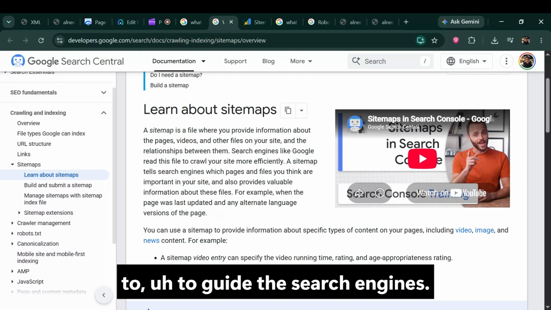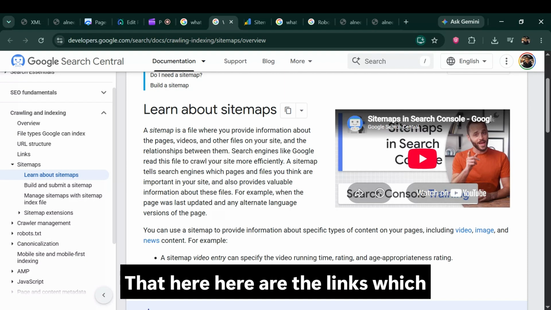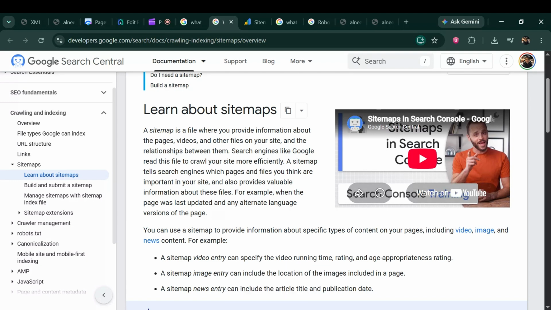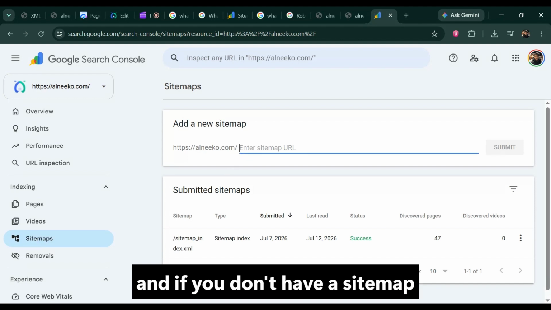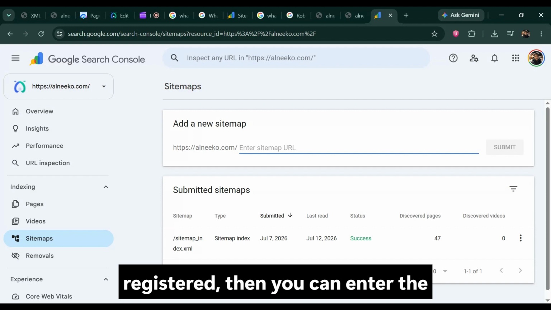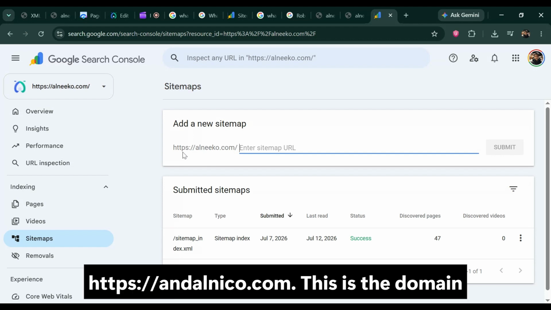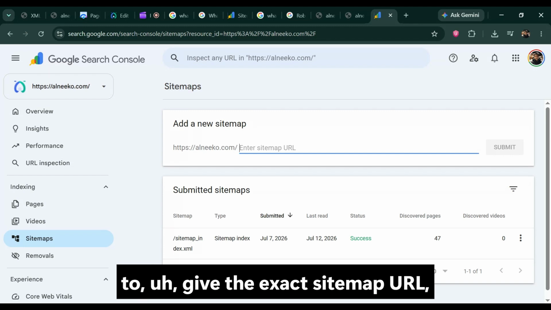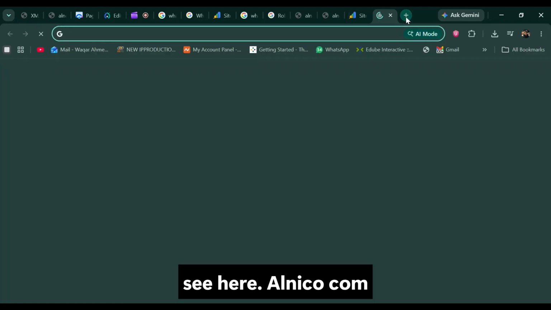It is to guide the search engines that here are the links which are worthy of indexing. So this is the sitemap. You have to go into sitemaps, and if you don't have a sitemap registered, then you can enter the sitemap here. The syntax is that you have to keep https and alnico.com. This is the domain name, and it will remain as it is, and in the end you have to give the exact sitemap URL. In my case, for example, we see here